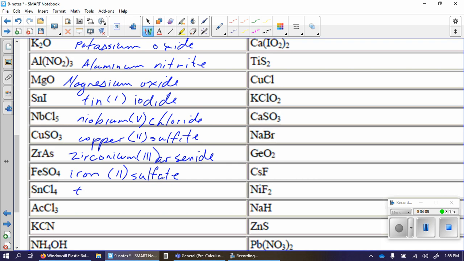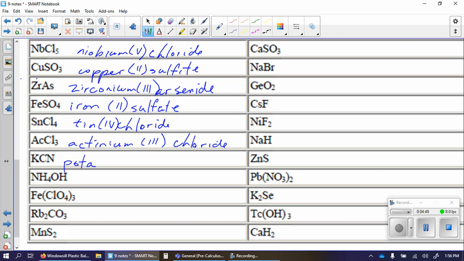This is tin again. And chloride. This is 4, because chloride is -1. Ooh, go way down to the bottom. Actinium chloride, actinium 3, chloride. KCN,